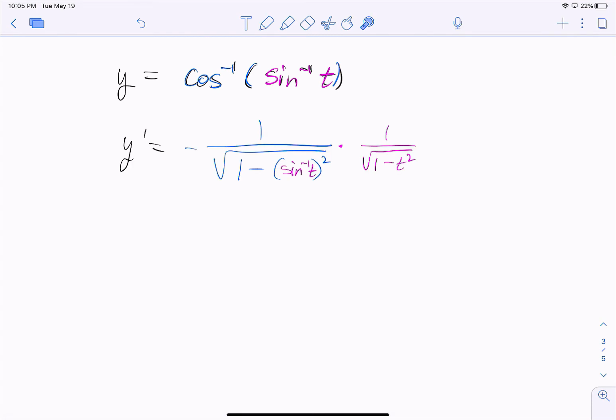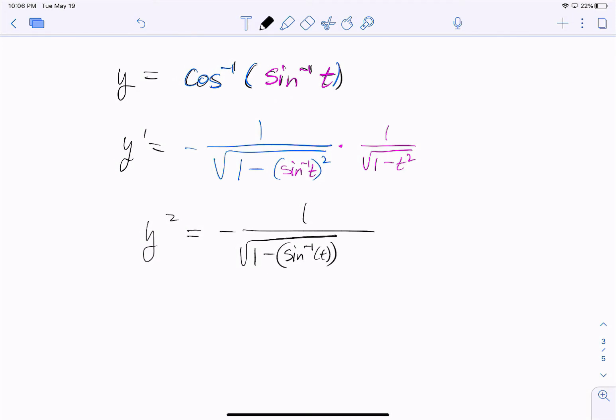So how'd we do? The derivative of the inverse cosine function is negative 1 over the square root of 1 minus the argument squared. The argument is the inverse sine of t, and the derivative of that inside function is 1 over the square root of 1 minus t squared. This doesn't really simplify, but we can write this as a single fraction. So it's negative 1 over the square root of 1 minus the inverse sine of t